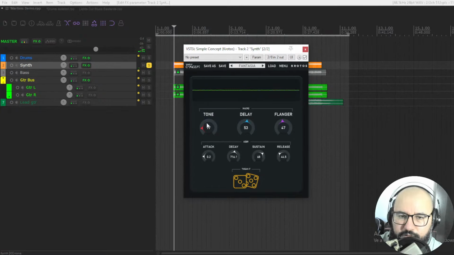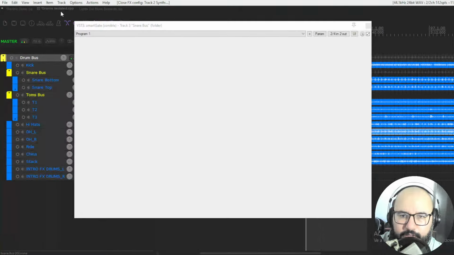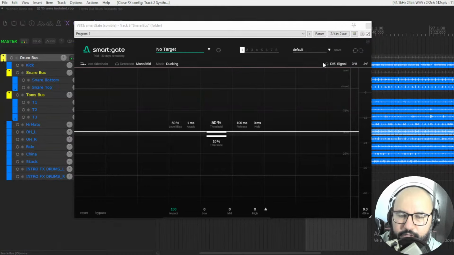So the knobs change if you change here category, right? You have like flangers, delays, and stuff like that, depending on the category that you choose. But pretty cool macro knobs, right? Let's move on with the next plugin that I have here in this list, the brand new plugin by Sonible,